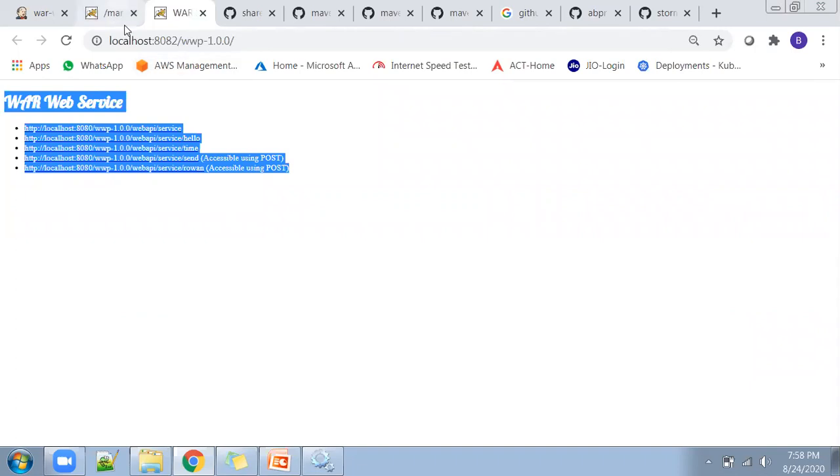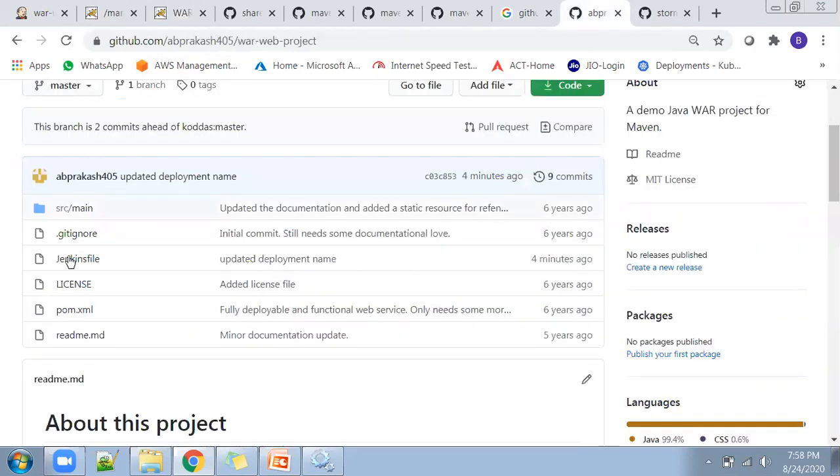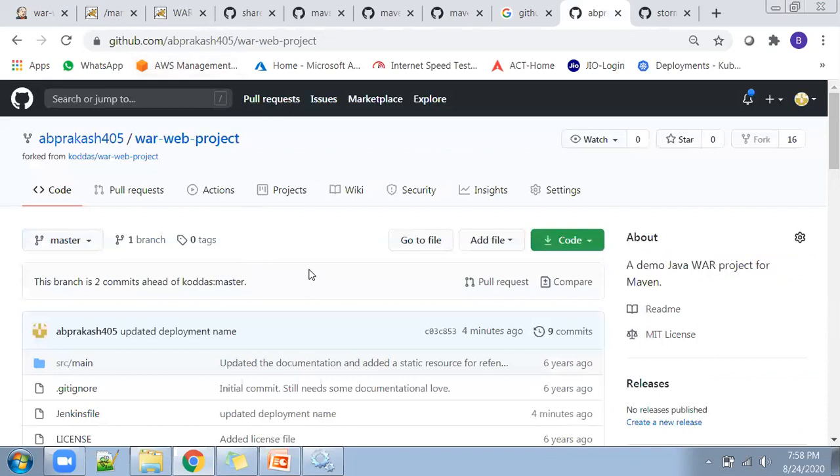We have not built this application, but whatever the developer has built, we are able to see in this location. So in this way, any kind of Maven project, any kind of Java type project, if you can see it in GitHub, you can use our shared library pipeline and implement the DevOps flow: code, build, and deploy concept. So this is about shared library pipelines. If you have any doubts, you can ask me now.